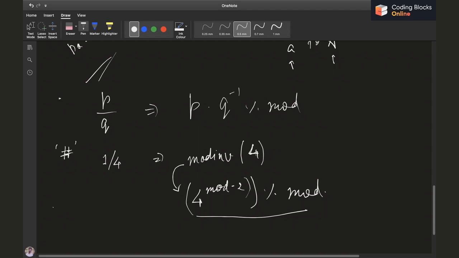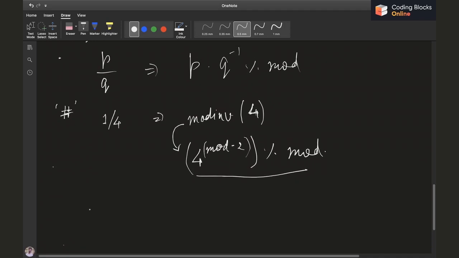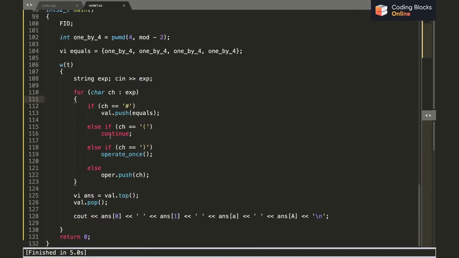If this is something you don't know, if you are not familiar with modular arithmetic, I think you should go and check out some other video or read about it on the net before I start discussing the code. It will be easier for you to follow the code if you already know about all this. So I'll be discussing the code now. I have written it down already.